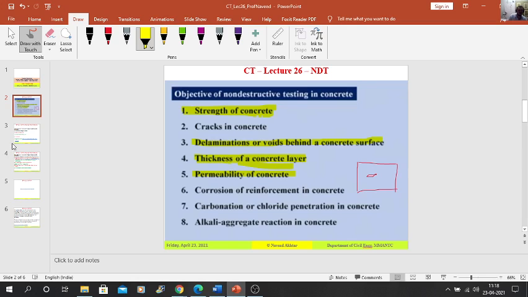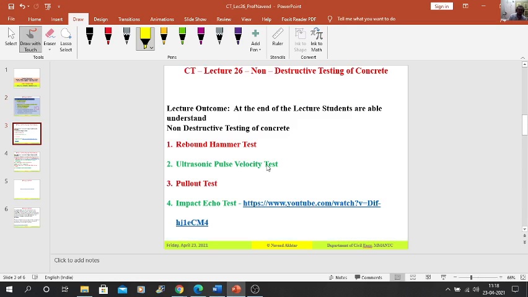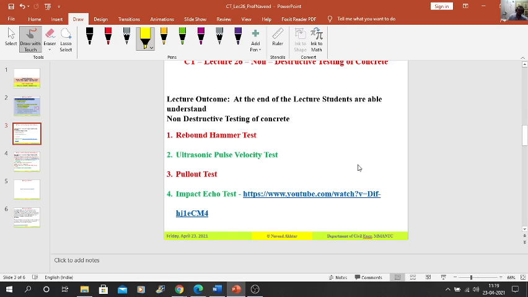So there may be a rebound hammer test. It is also called a hardness test, surface hardness test, ultrasonic pulse velocity test, pull-out test, and impact echo test. These tests are as per your syllabus. It is given in your syllabus. You have to study these tests. And other than these tests, there are